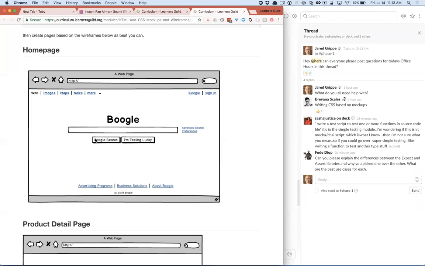This is meant to express a back of the napkin sketch of what the page should look like. And this is often in an environment where you already have a tool set or a visual vocabulary for what your site should look like, right? So if Google says, okay, this is our new homepage, a Google employee is going to look at this and know these are our standard buttons.